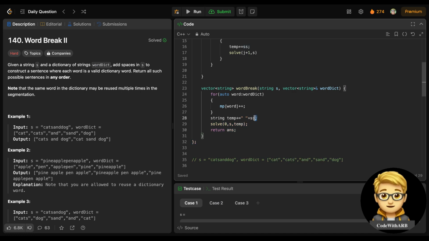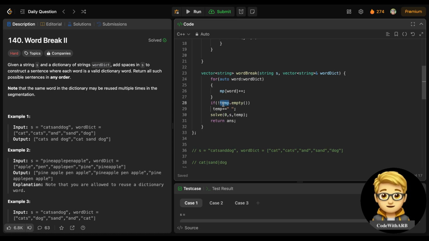So for that, I need to check first that if my temp is not empty, then only I will give a space. If my temp is empty and I give a space, that will give an extra space to the sentence. So if my temp is not empty, it means I have a word in temp, then only I will give a space between them, right? And after that, I will just include temp plus ss and pass it